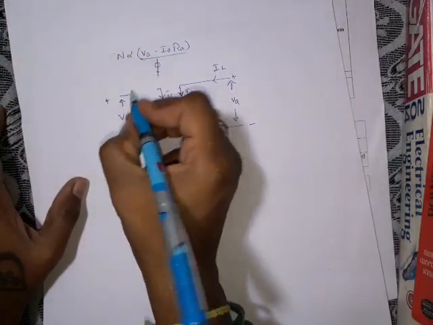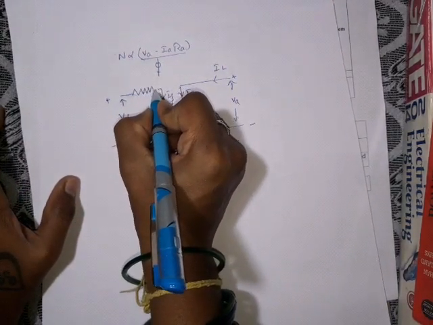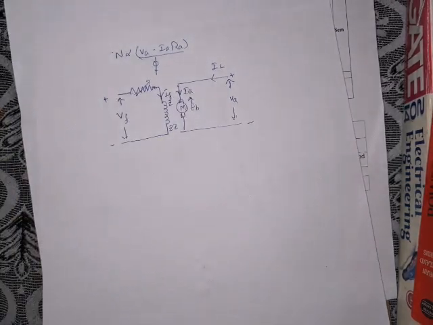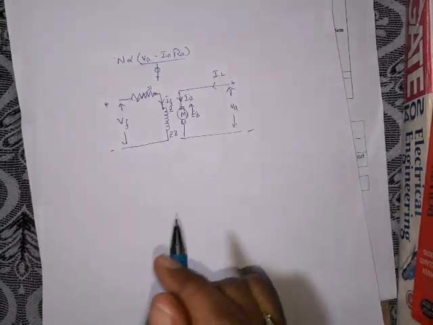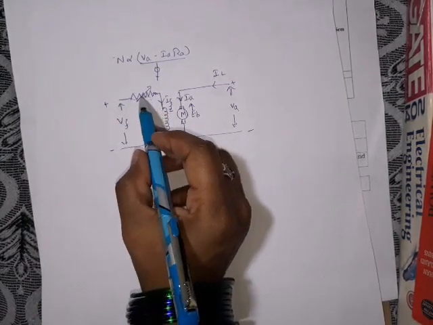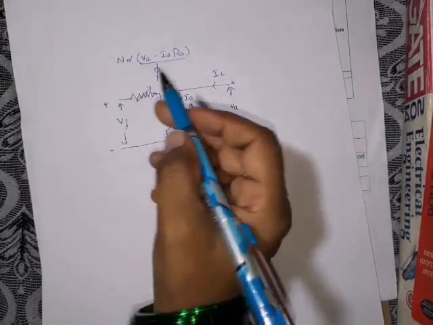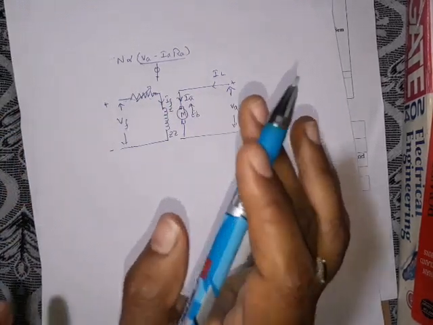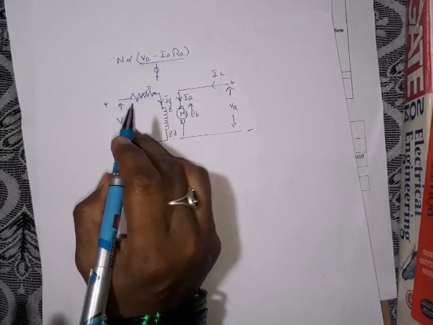For that, what we'll do here is we are going to connect a rheostat in series with the field windings. Now what happens? Initially, I'll keep this rheostat in cutout position. What do you mean by cutout position? No resistance is added. Completely the resistance is 0.